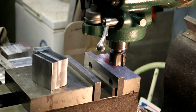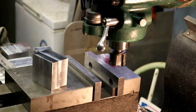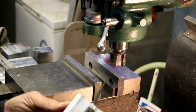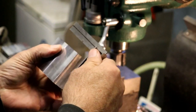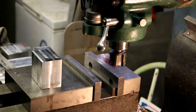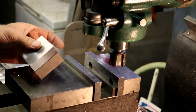All right, now we're going to grab our square and we're going to make sure that this is square to all the sides here. Square, square. So it's good. So we'll go through all of them